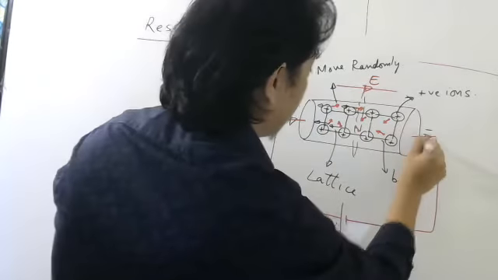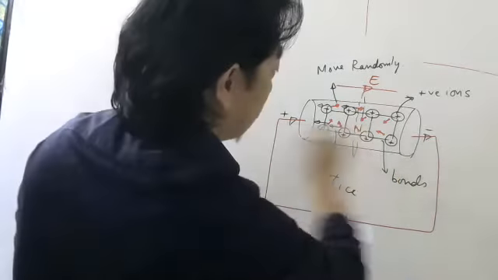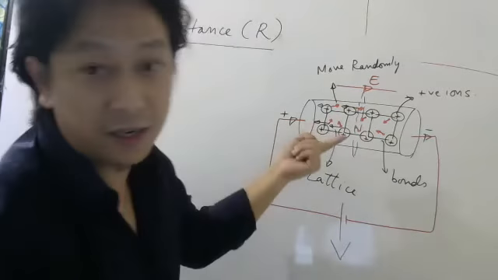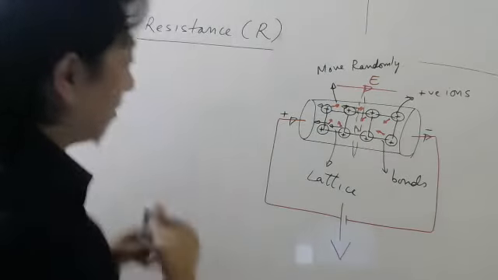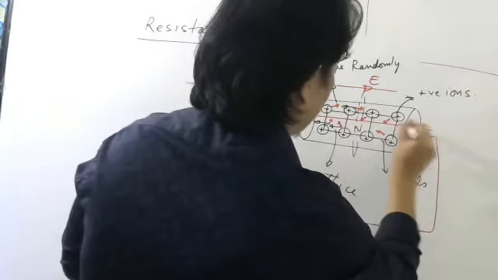So there will be current this side. I don't have space to draw here, because if I draw here, it will be very messy. So current will be this side. How do I show you? Let me try. Okay, so current will flow this way.